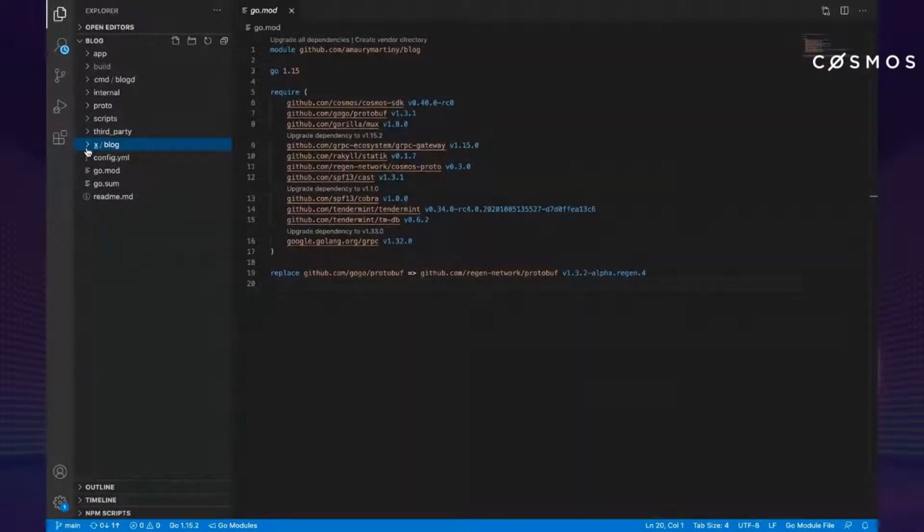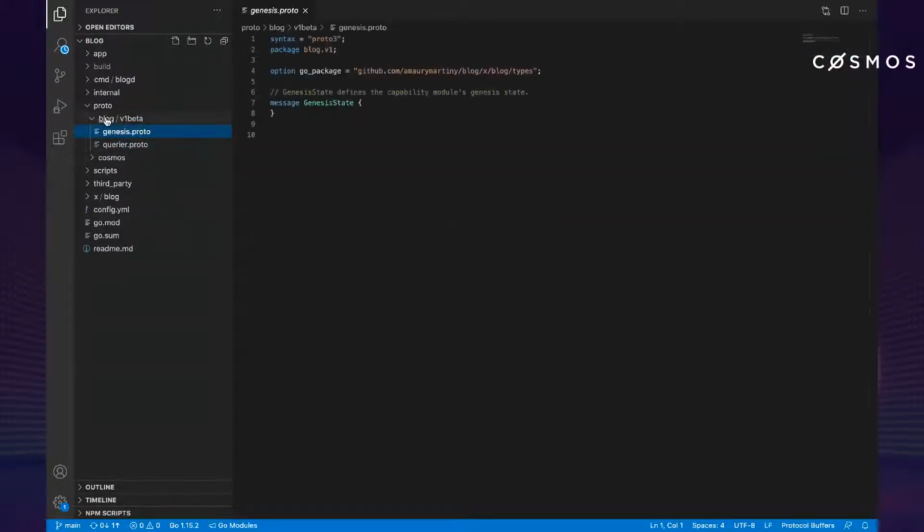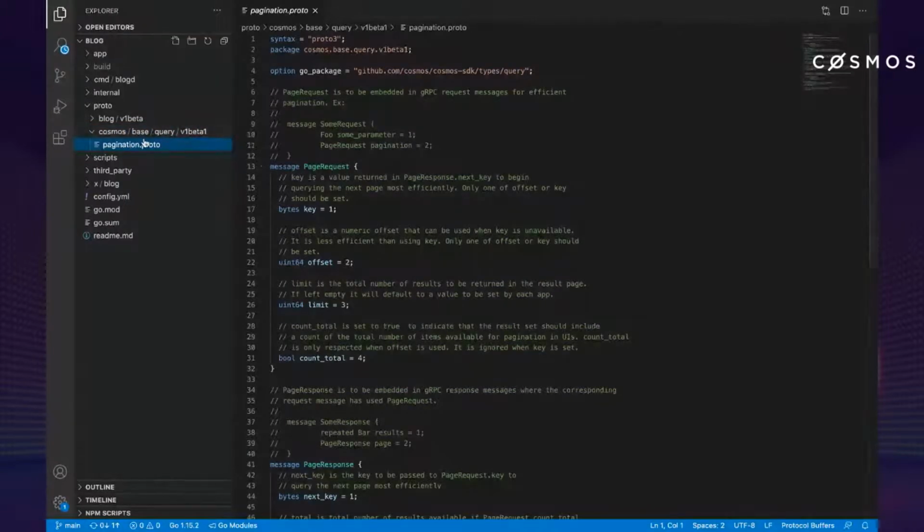couple of minutes. But just to go through other folders, the important one also is proto. Proto is also a convention we have in the Cosmos SDK to put all the proto files. So for the proto files of our blog module, it's gonna be in blog v1beta, and then we'll have a bunch of proto files inside. And we also have some proto files from the Cosmos. These are really copy pasted from the Cosmos, and that's only because our blog needs to have a reference to these files. So that's why we have one proto from the Cosmos and some other proto files from Google,